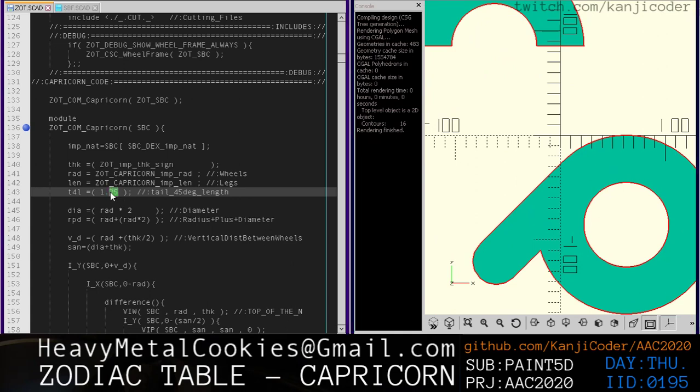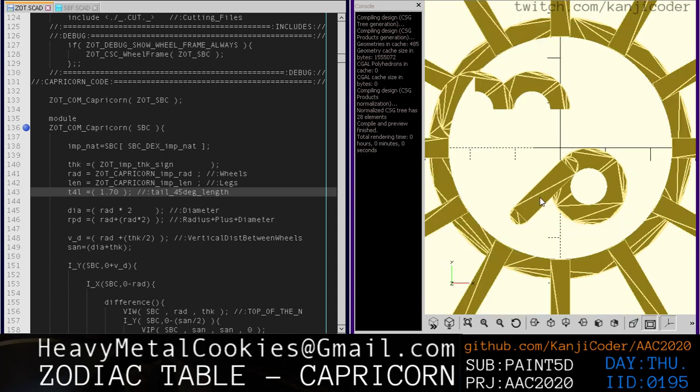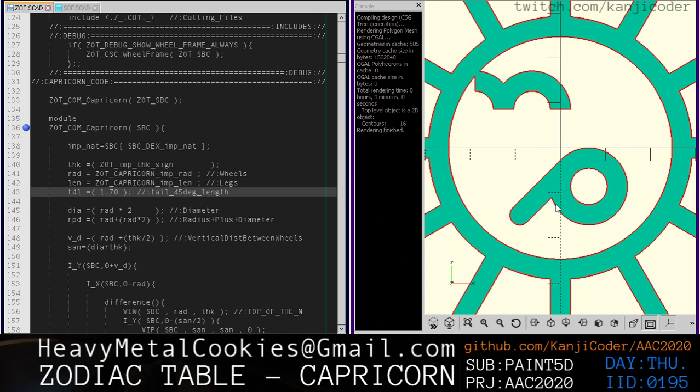So let's do 1.5 again and see where that ends up with F4. 1.5, 1.75. So that actually gives us almost a tangency, 1.7. Yeah, like 1.7 looks pretty good there. Now that is kind of long. That is kind of longish. So maybe it's not good. I don't know. But I like that we could get kind of a